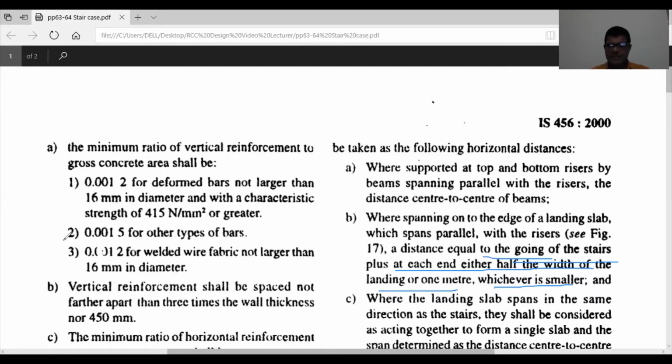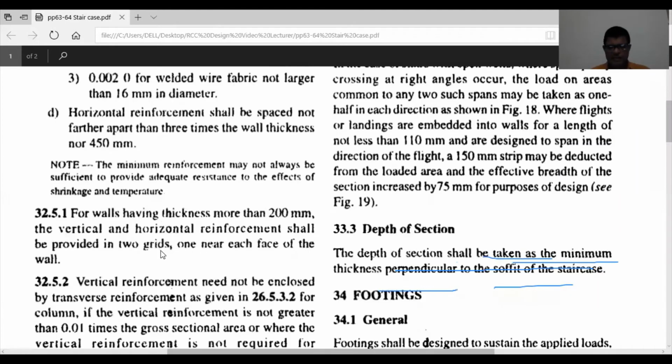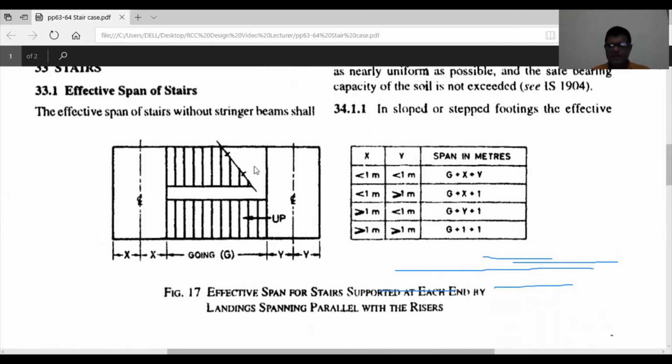So let us see the figure given below. Now in this figure, what is given? This to this is the going. So the going is from here to here. We have already calculated it. Now there will be landing on this side. So half of this or 1 meter, and on this side half of this or 1 meter, whichever is less. It cannot be more than 1 meter. That is why, if both are less than 1 meter, then G plus